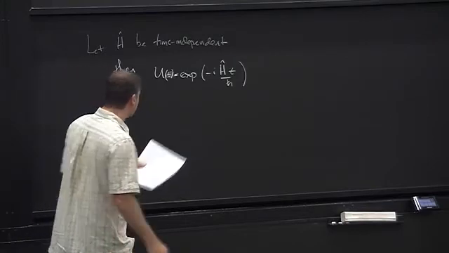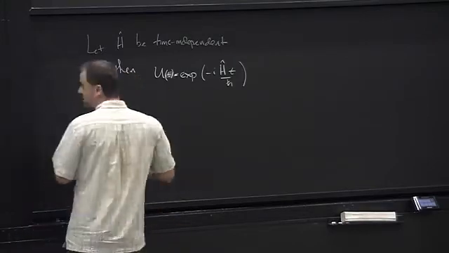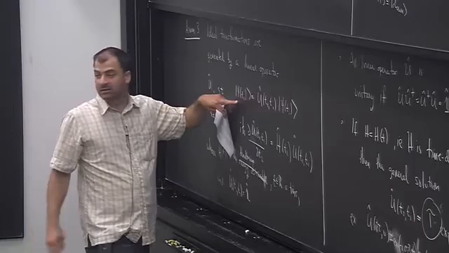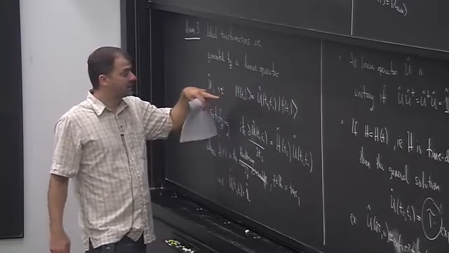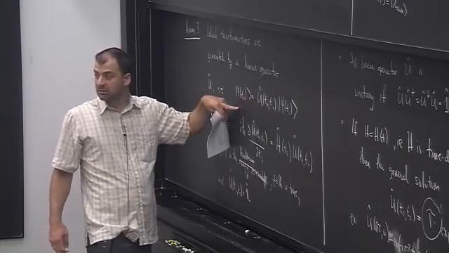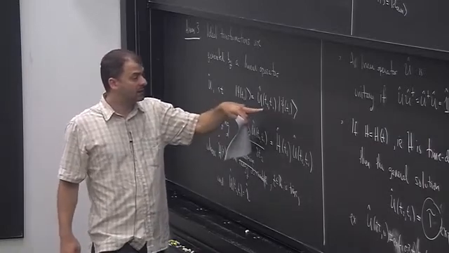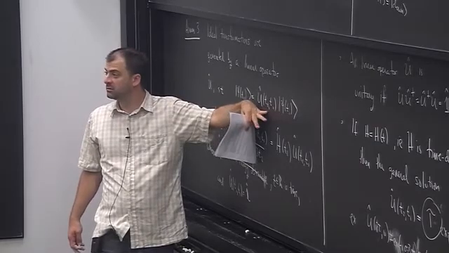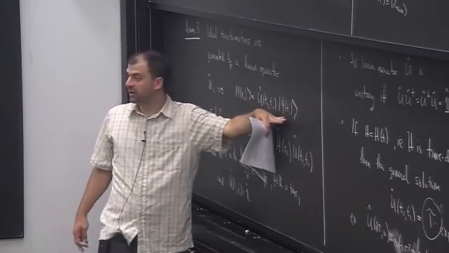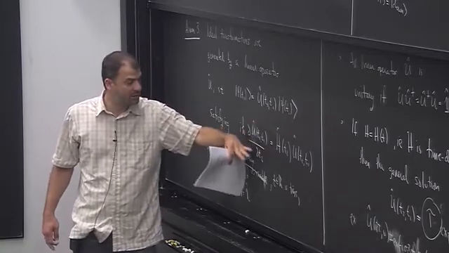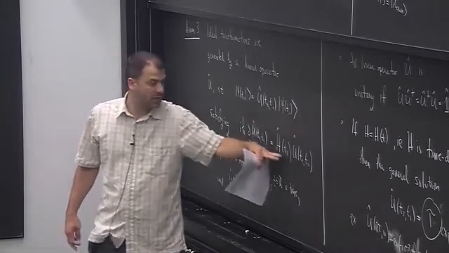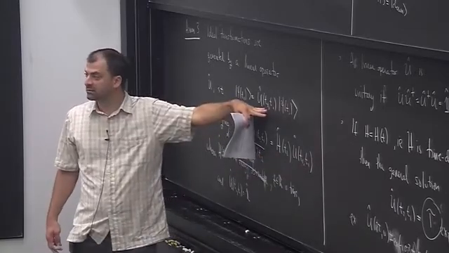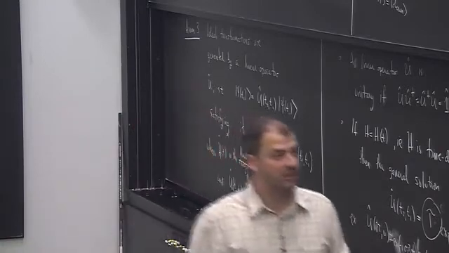And then here's the key point: I can take this equation and I can differentiate it. So I'm going to take d psi by dt2. I'm going to be differentiating with respect to t2. So now I have to differentiate U with respect to t2. And this doesn't depend on t2, so that's all I have to do. And then I say, okay, well, I know what dU by dt2 is equal to. It's equal to HU divided by h bar. So I can substitute that in here. And what do I get? What I get is